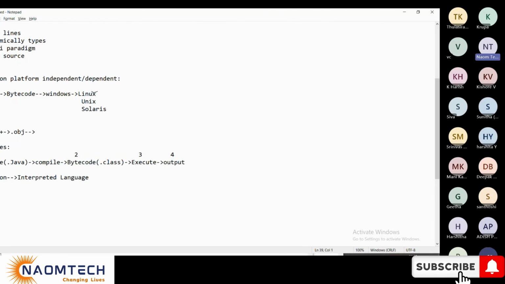What are the stages? One is your source code, what you write, maybe we can call it .py, or pyc. And then when you execute it, you get output. That's all.